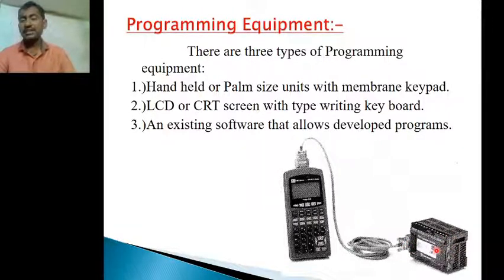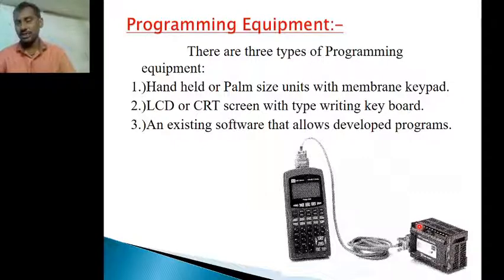But for industrial applications, the programming equipment is a typewriter-type keyboard, and the display unit is a monitor. These two are the programming equipments. In addition to these two, we consider another one also.